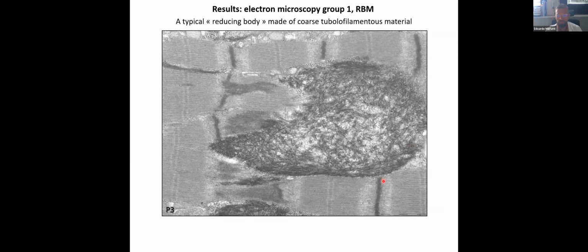When we analyzed at higher magnification, we found that these reducing bodies are characterized by coarse tubulofilamentous material oriented in different directions of the space, and you can see here that the Z-line streaming is surrounding this area where we found the